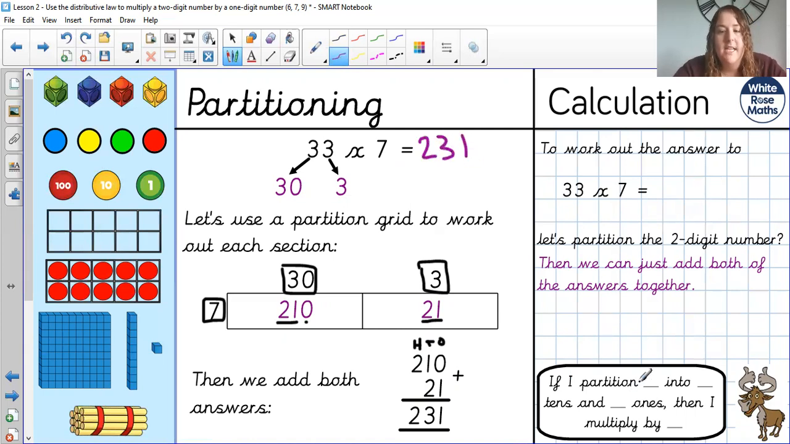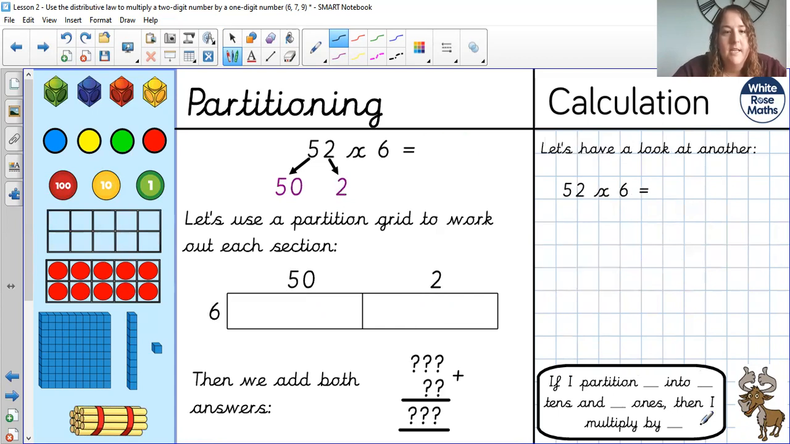And if I partition, so what numbers did we partition? We partitioned 33 into 3 tens and 3 ones, and then we multiplied everything by 7. So Colin there is using a phrase that's going to help us use this distributive law. That's what we call it when we partition the numbers. Hopefully you can see that makes sense, but the answers were already there, so we'll see if we can do